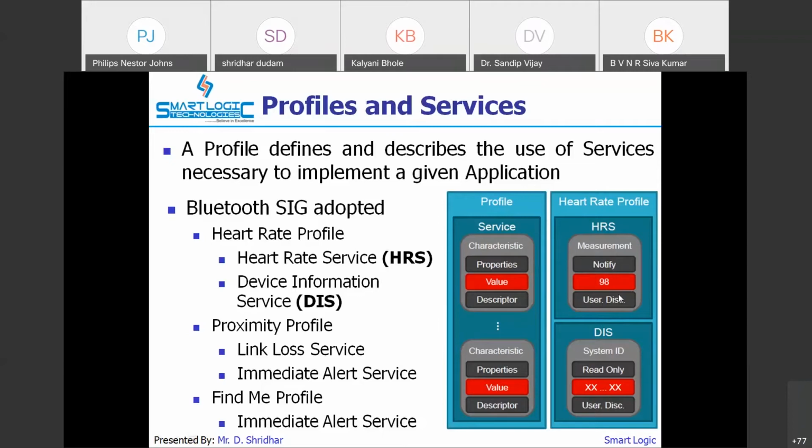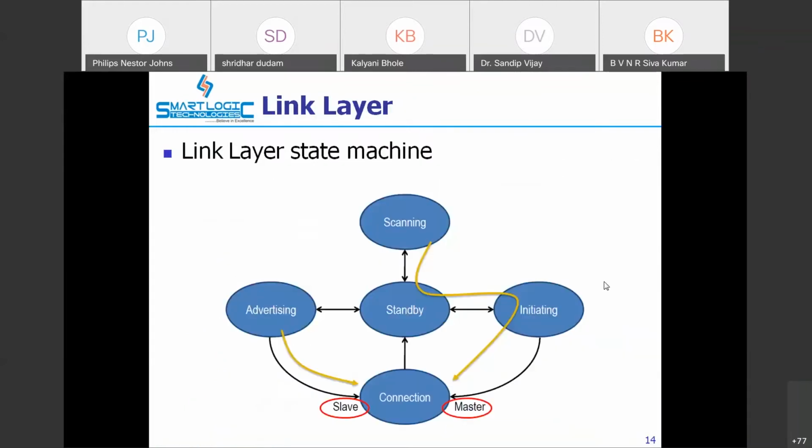And this 98 is the actual reading, for the user's information. That is why this profile is created. In this way, communication takes place in BLE. Everything is through profile services.